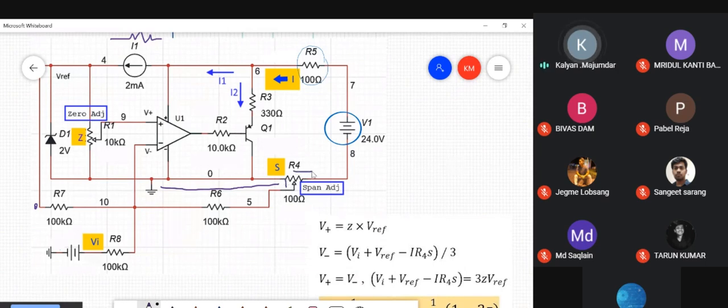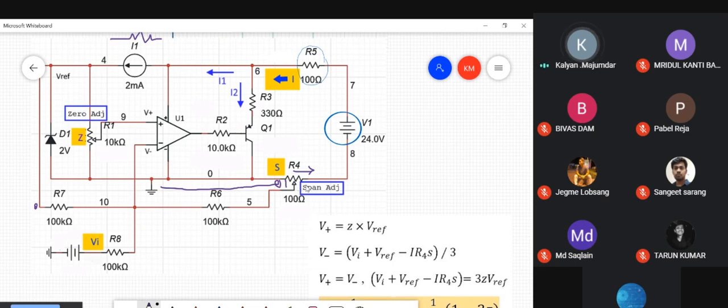This is the current's direction. So if a point is at 0 volt and the current direction is this way, all subsequent points are at a potential negative with respect to ground. So whatever voltage that you get over here is a negative voltage. What is the magnitude of the voltage? The magnitude of the voltage is the loop current I into R4, that is this resistance, into the fraction S. S is the fraction of this particular potentiometer, which could be anything from 0 to 1